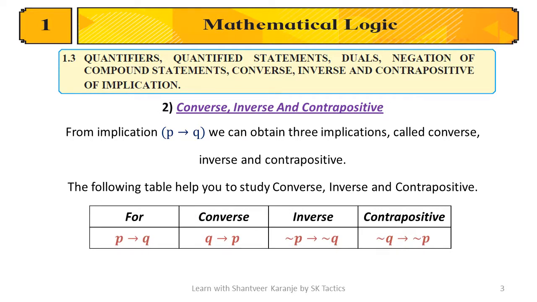For a statement pattern in the form P implies Q, its converse is Q implies P, just an interchange of P and Q. Inverse is negation of P implies negation of Q, where negation is applied to both components. Negation and interchange together is known as contrapositive: negation of Q implies negation of P. I repeat, for P implies Q, the converse is Q implies P, the inverse is negation of P implies negation of Q, and the contrapositive is negation of Q implies negation of P. Along with this much theory, we are studying this exercise 1.3.